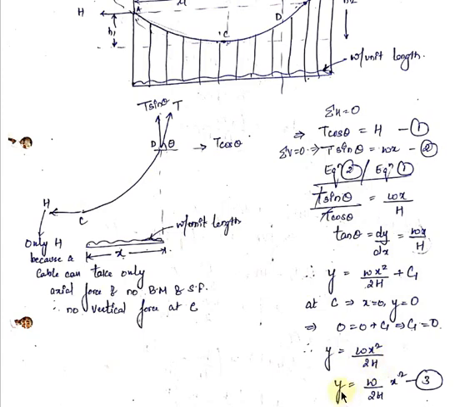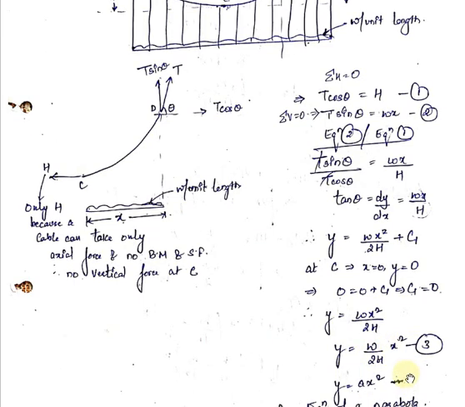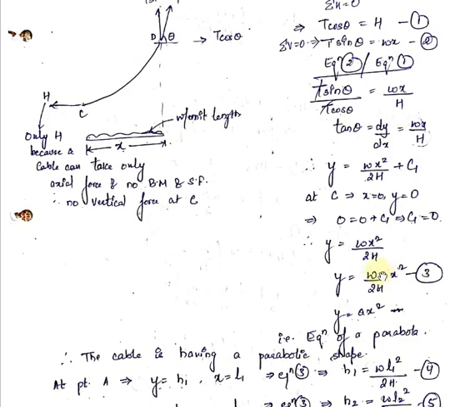So from here, the equation will be w equal to w upon 2h into x square. If we see this equation, w upon 2h is a constant. So I can write this w upon 2h as small a. Small a is your constant. So I will get the equation as w equal to ax square, which is the equation of a parabola,